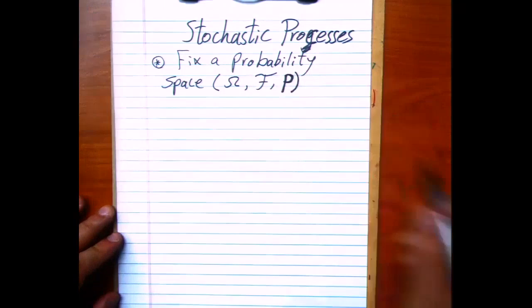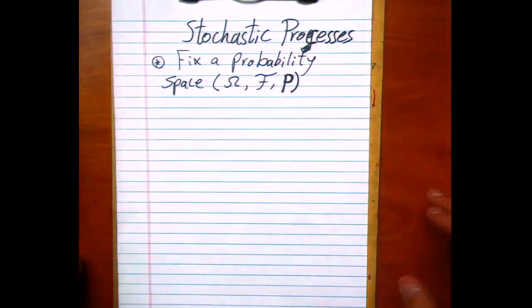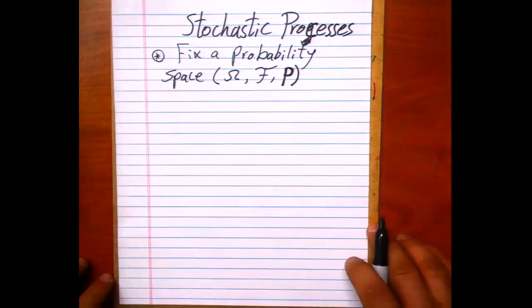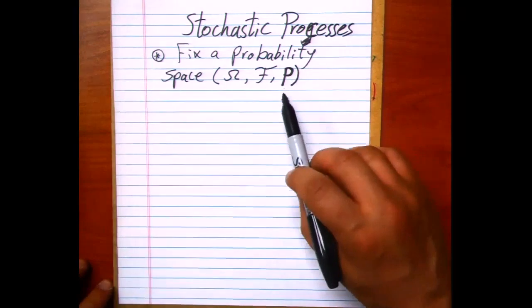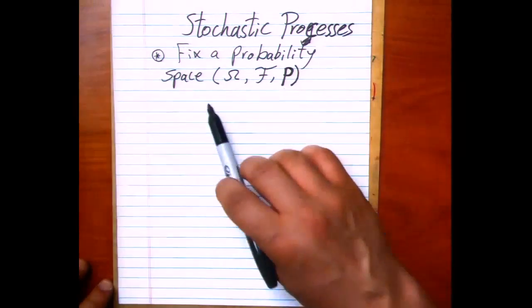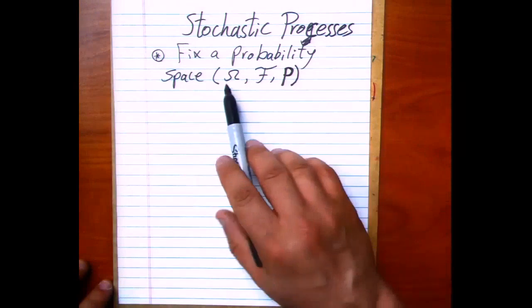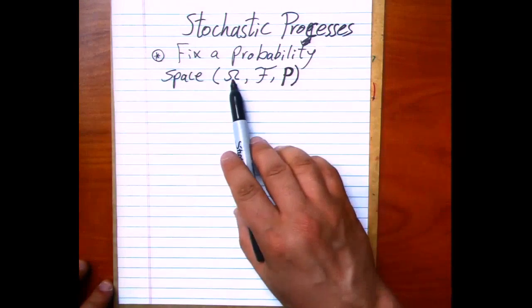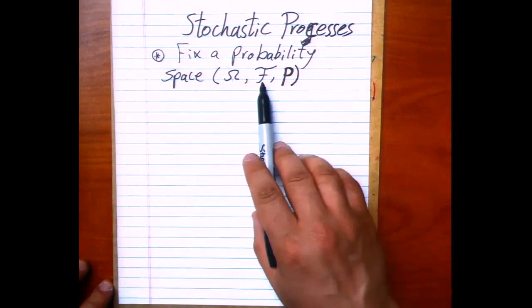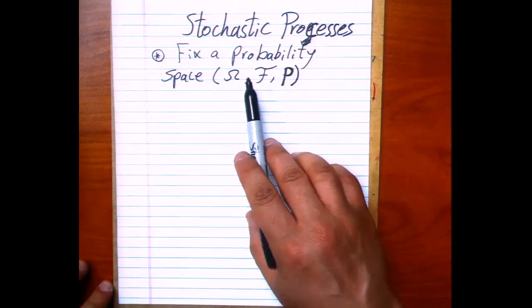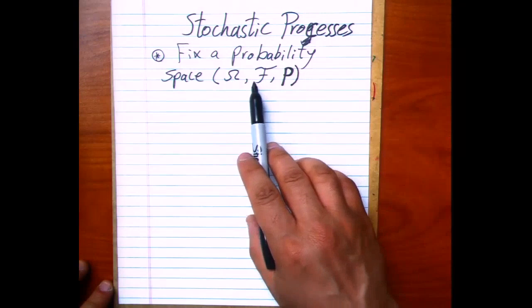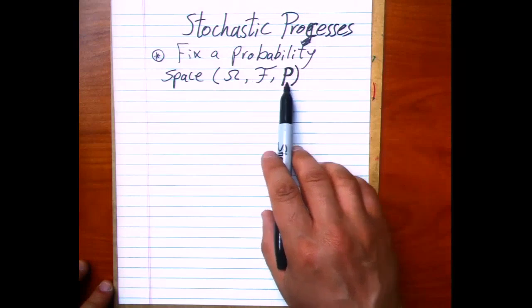Any random variable, any stochastic process, as we will see later, is measurable or defined with respect to this probability space. So technically, we are talking about one world here. There is again a sample space, and a sigma algebra of subsets of this sample space. It's a sigma algebra, and it constitutes the family of all events. P is a probability measure.